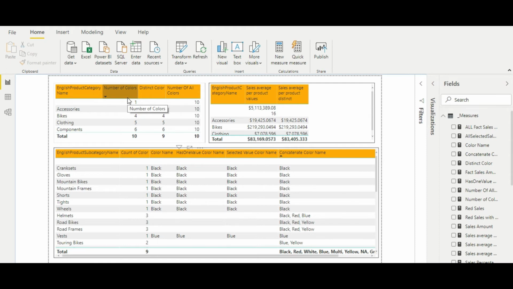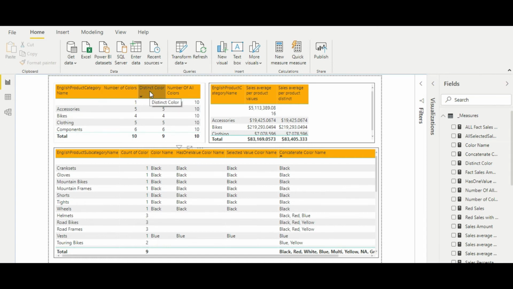So automatically a blank row will be inserted in the dim product subcategory table so that it could be matched with those orphaned rows. So all those orphaned rows will fall now under the blank category. So a blank product category has been created. Here you can see that blank row and one color. Since we deleted only one color, silver, that's why the count is 1. Rest all you can see the count as you were seeing earlier.